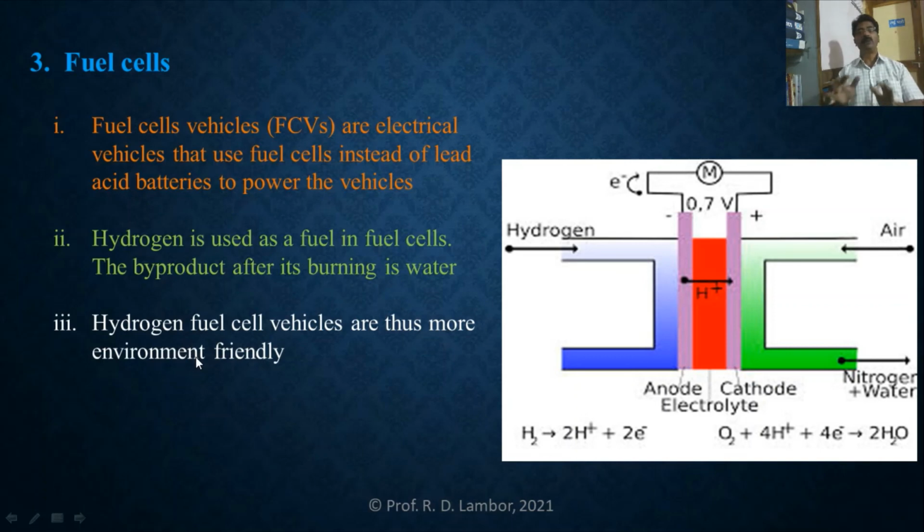So in this way we come to know the types of cells, three types: primary cells, secondary cells, and fuel cells. And also we learn the combination of cells. When cells are combined, we get a battery. If we want to increase the voltage rating of a battery, the given cells are connected in series. And if we want to increase the current rating of a battery, the given cells must be connected in parallel. Okay, with this we are ending this lecture.